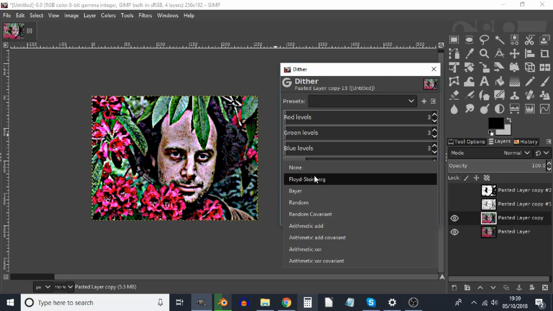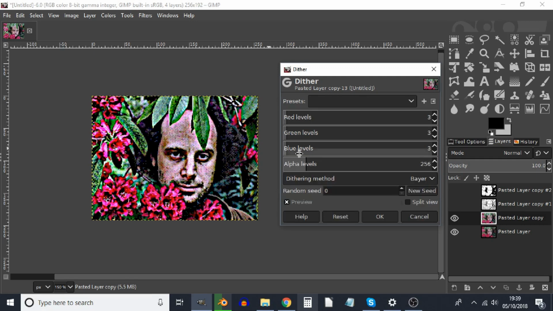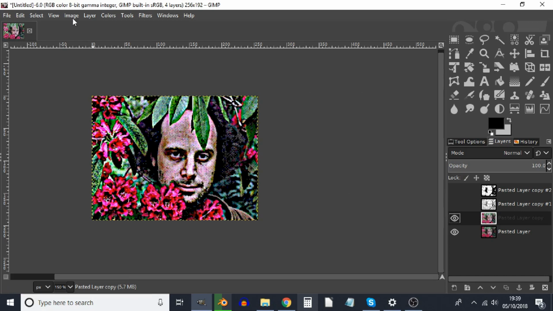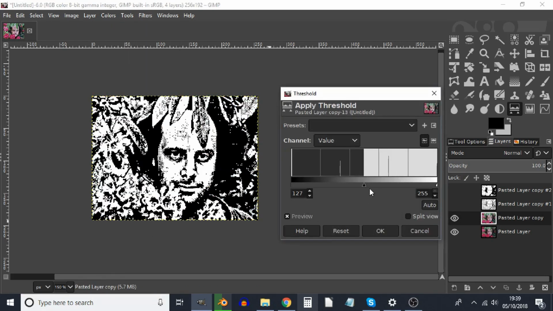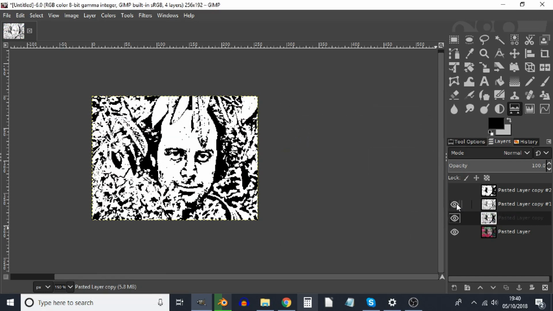And the dithering method, I prefer Bayer. It seems appropriately retro. They tend to go with that checkerboard dithering. So I go there, and then I go to threshold. And yeah, that's the one I'm going to use, except that it would be nice to get some of that